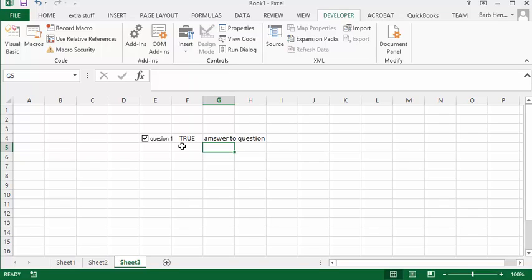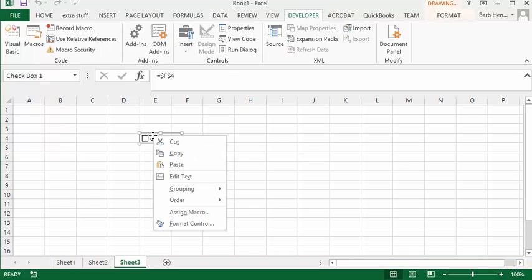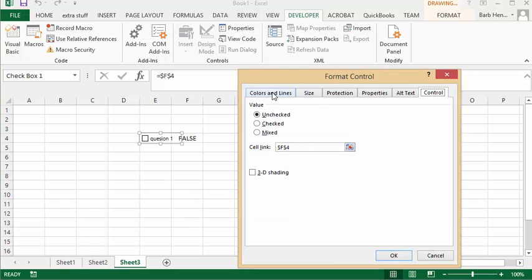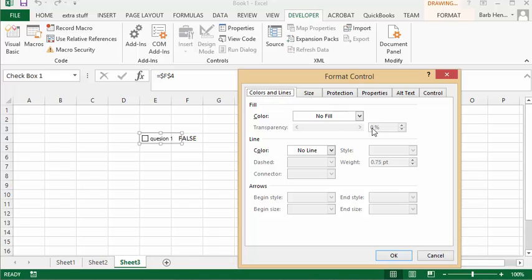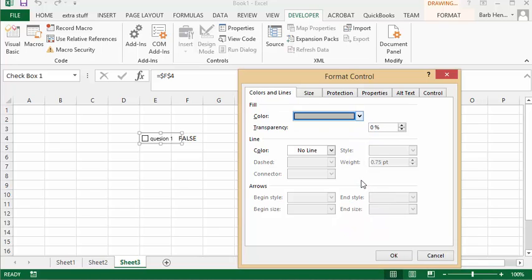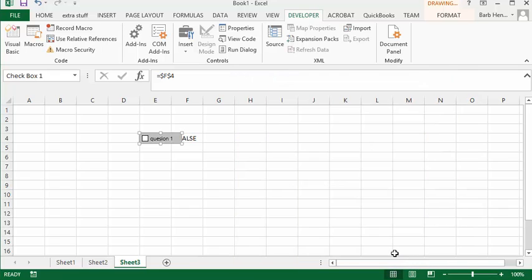And so it says the answer to the question, and if we take that checkbox off, it says nothing. Now, the other thing we're going to do is cover over the TRUE or FALSE. You could hide this, or you can right click it, choose Format, and create a fill here. Right now it has no fill, so let's select the lowest level of fill that we can, and we'll say OK. And then I simply dragged over